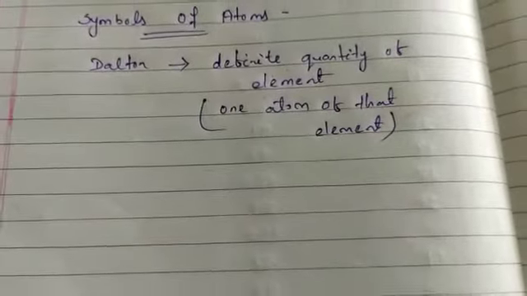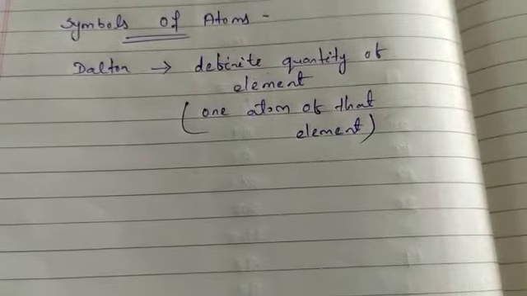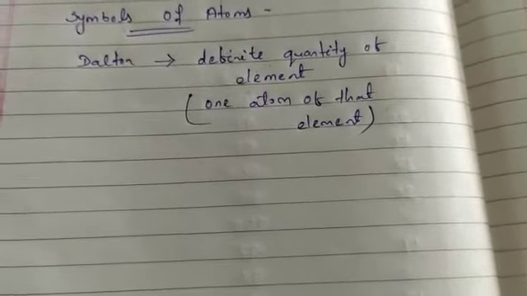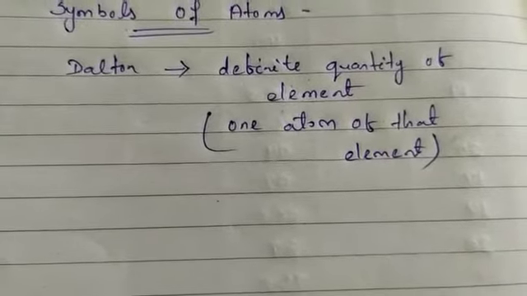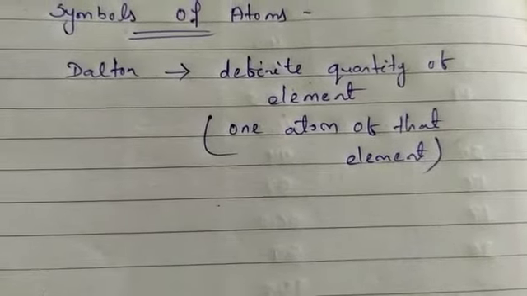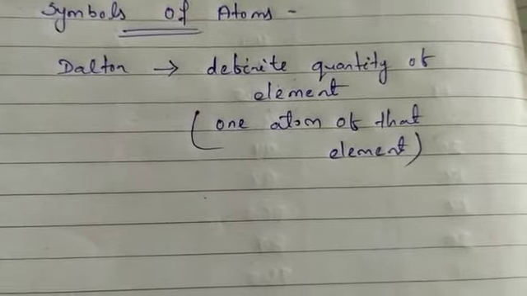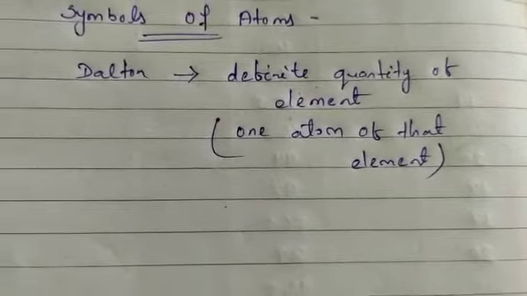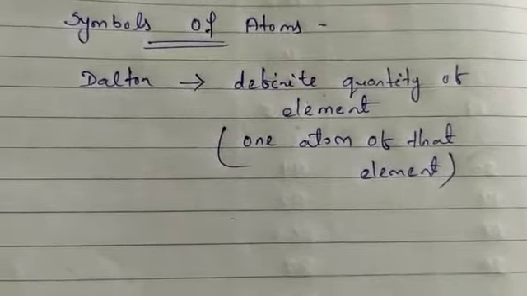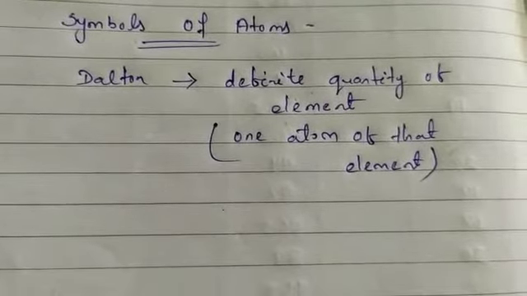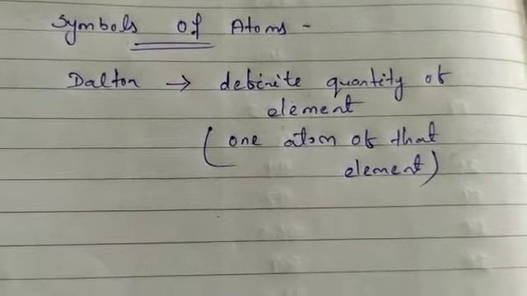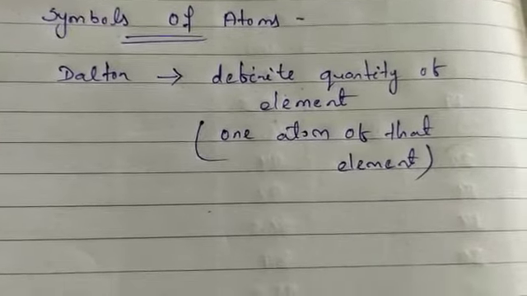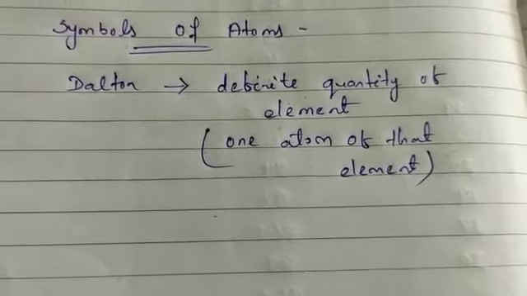After that, the elements were given symbols using one or two letters of the name of the element. In the beginning, the names of the elements were derived from the names of the places where they were found for the first time. For example, copper was named after Cyprus. Some names were taken from specific colors, like gold, which is taken from the English word meaning yellow.